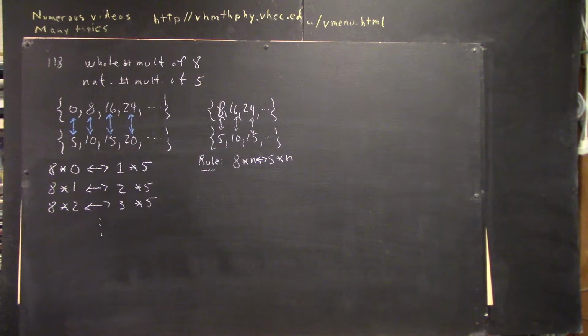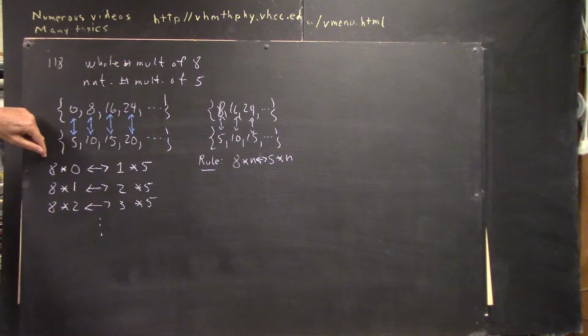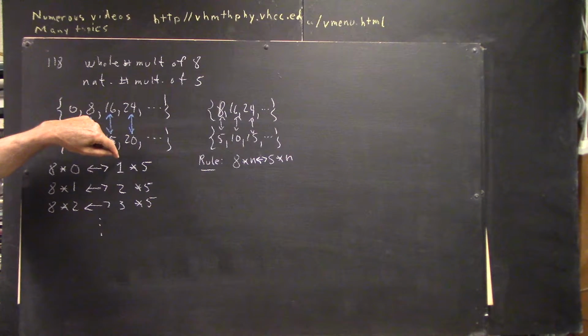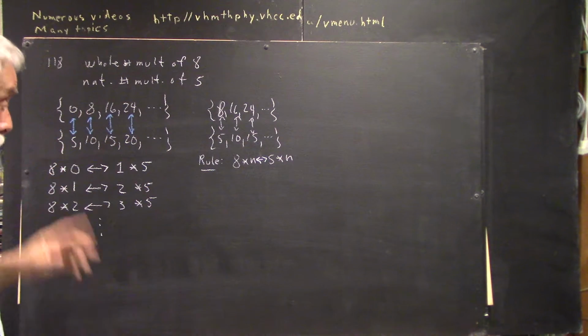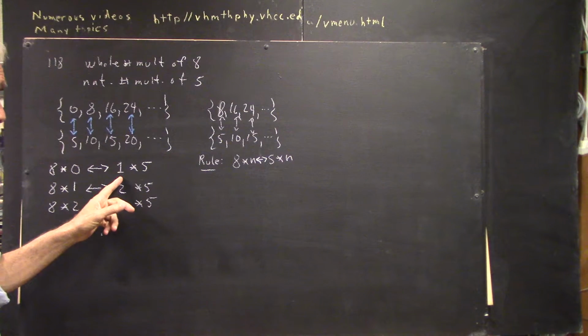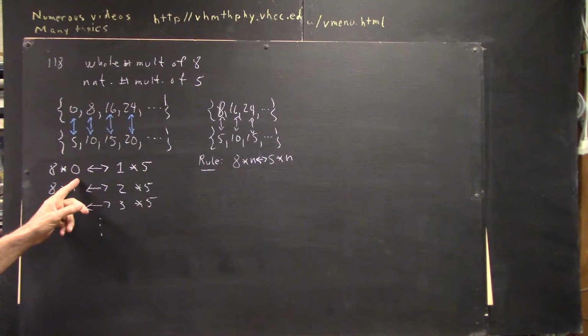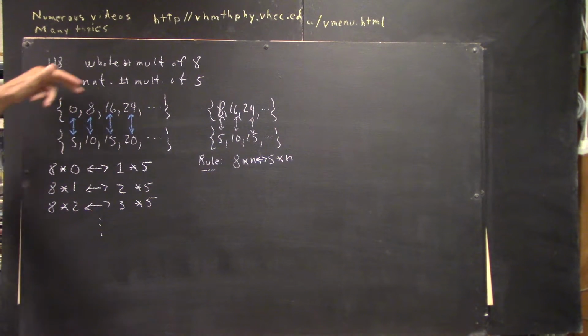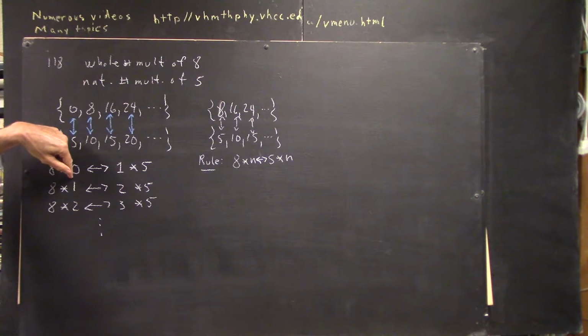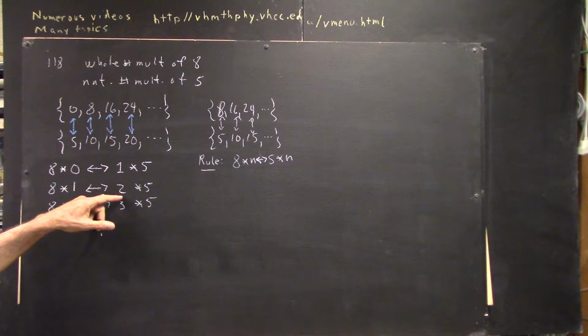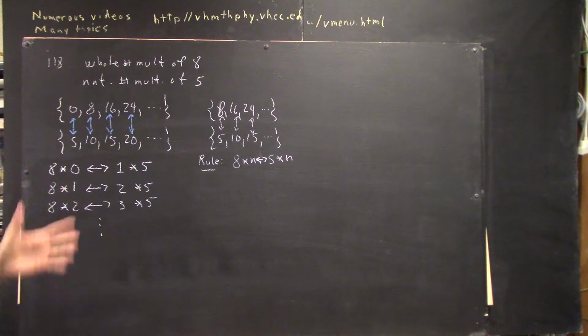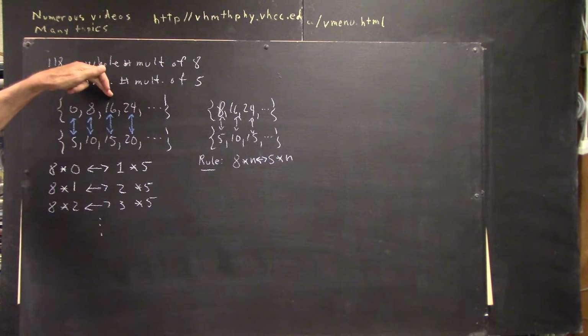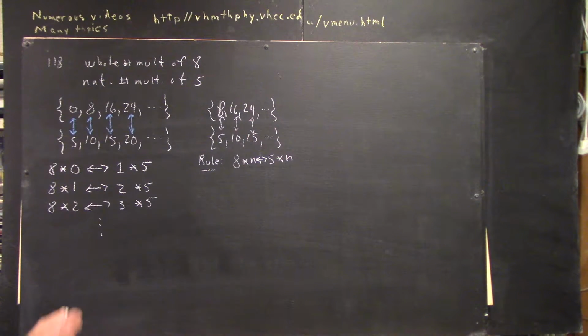Okay, well, let's see how it's going to work here. The first member of this set is 8 times 0. The first member of this set is 1 times 5. So the first member, you're going to use the number 1 here, but you've got to use the number 0 here to calculate this member. Okay? Then here, the second member of each set, the second member of the top set is 8 times 1. The second member of the bottom set is 2 times 5. Okay? And then for the third member of the set, 8 times 2, 3 times 5. Okay, well,